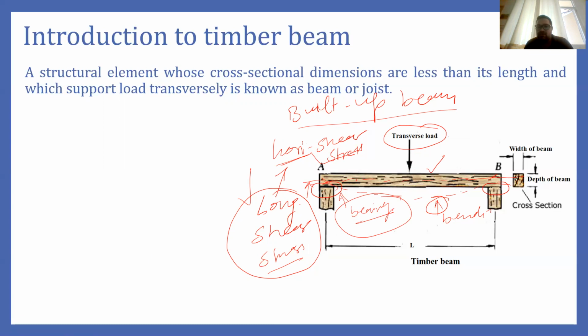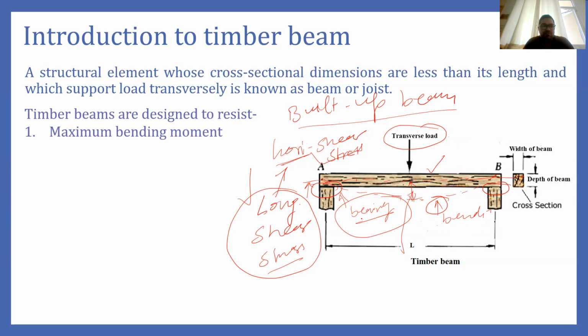The fourth criteria will be the deflection. As you can see, because of this load, beam will bend, and this vertical displacement of the beam because of the bending, if this vertical displacement is excessive, then also we will consider the beam is failing. So therefore, total four criteria are there in which the beam can fail. So to design the beam, we have to satisfy these four criteria.